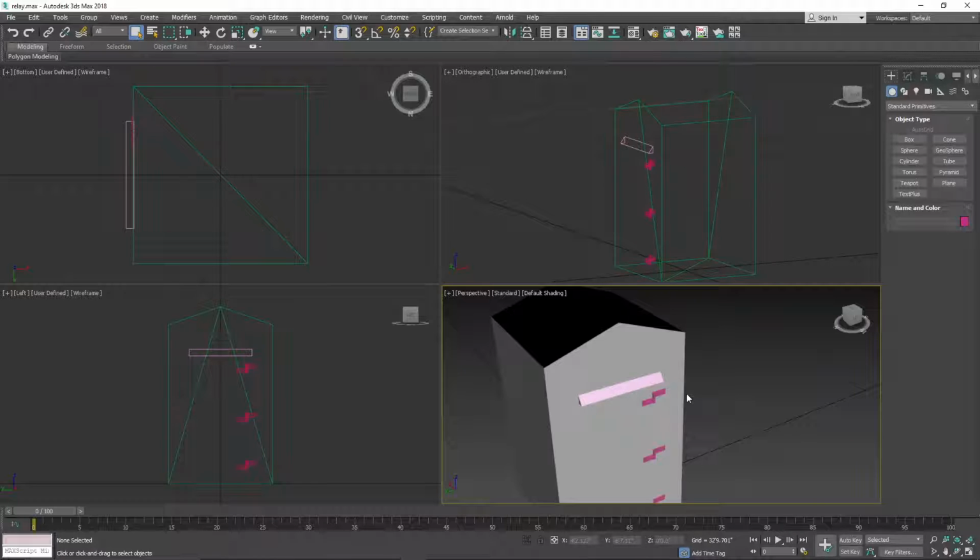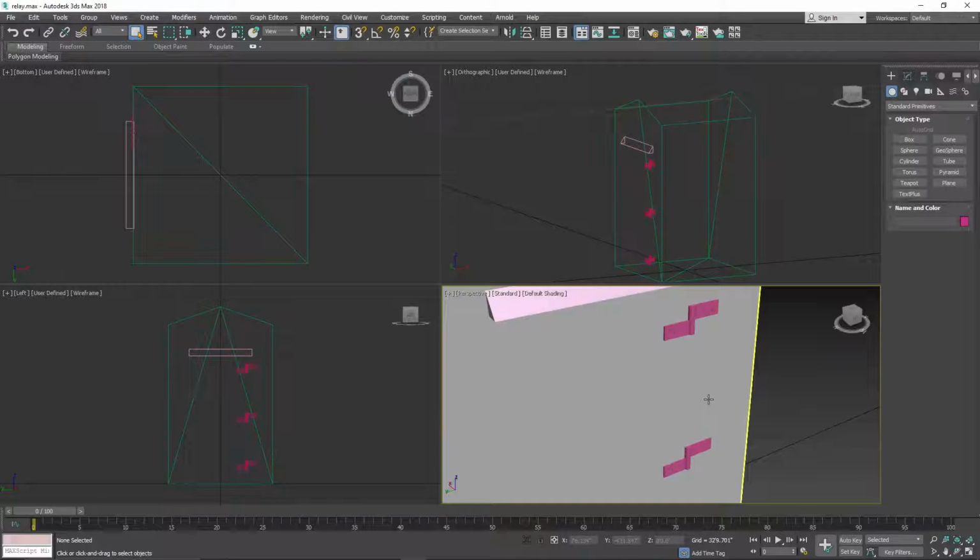So teaching them terminology, I think, is a big thing, so that they can look it up. Like, you got that thought in your head and you're like, man, I know what I need to do, but I don't know what it's called. So like chamfering, I want to round the edges. How do you do that in 3ds Max? So